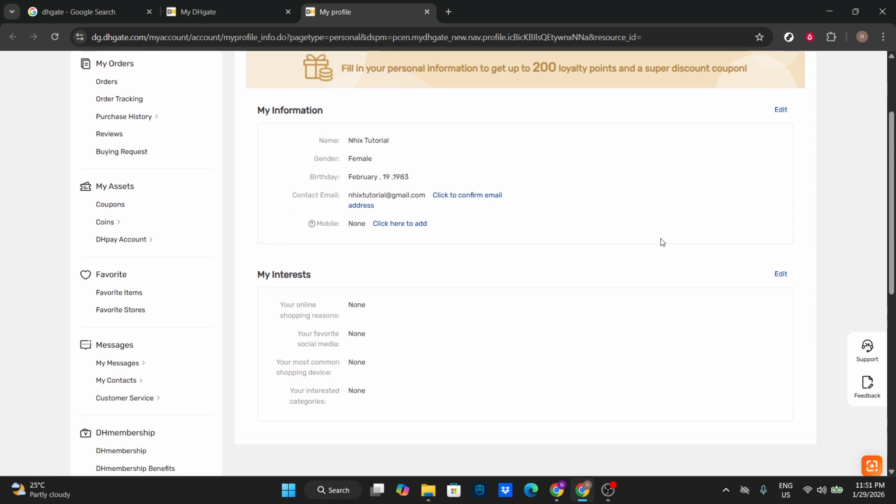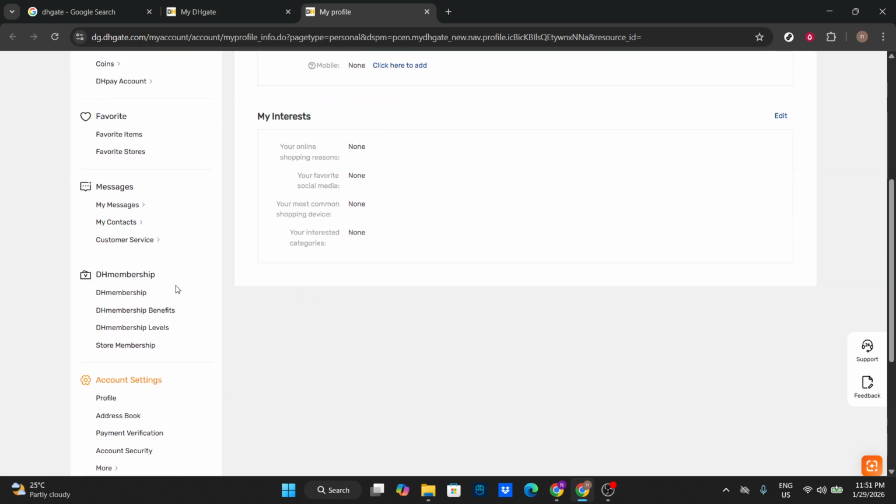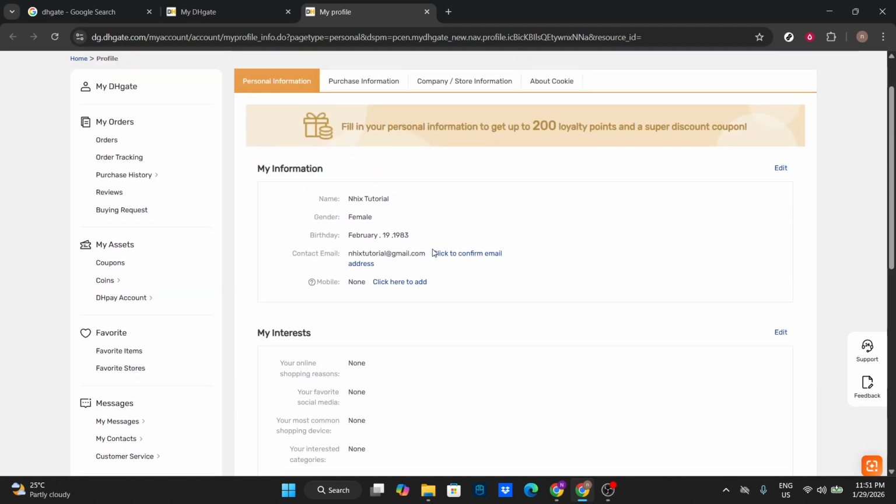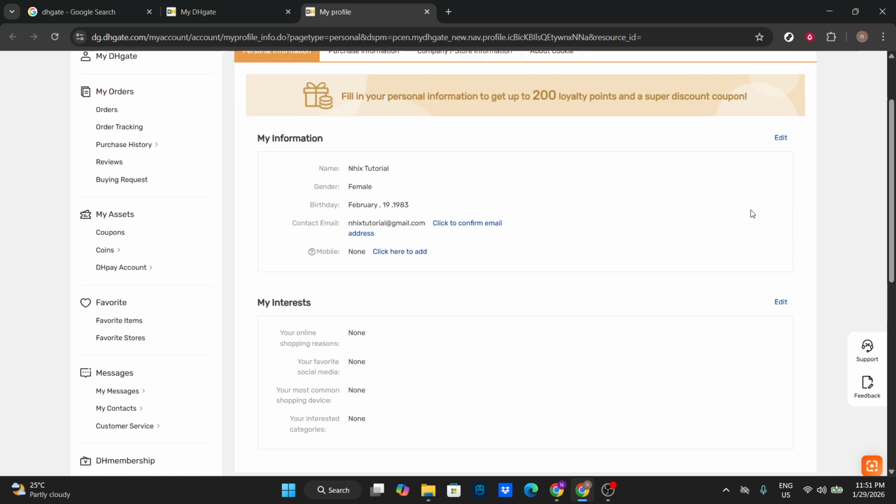Go to your profile, open My Dhgate, head to account settings, then profile, then My Information, edit, and submit. If you're on a mobile browser, you might need to expand the menu to find these options, but the process remains identical. That's it. You've successfully updated your name on Dhgate, and your account should now